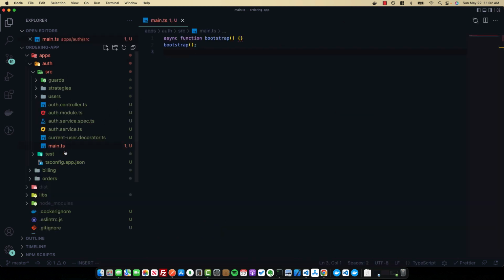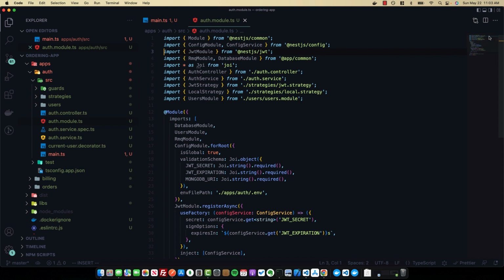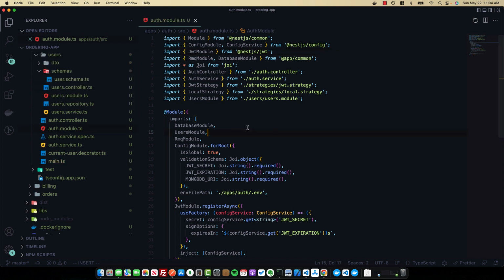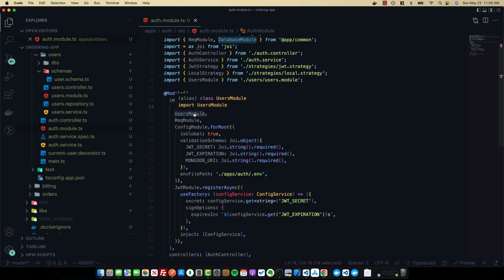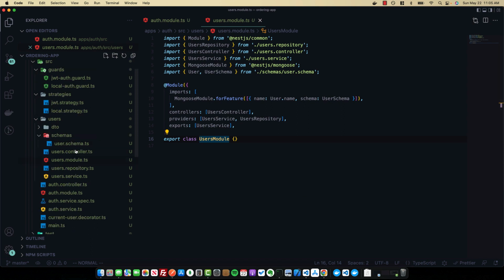Next, we should be able to open up our main.ts in our auth project, and this bootstrap method should be completely empty for now. So next, let's open up our auth.module and walk through what's going on here. We have our database module from our common app library, as you've seen before, and we also have a users module here. So if we take a look at the users module in our auth project,